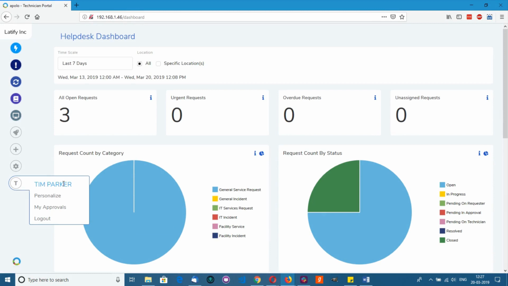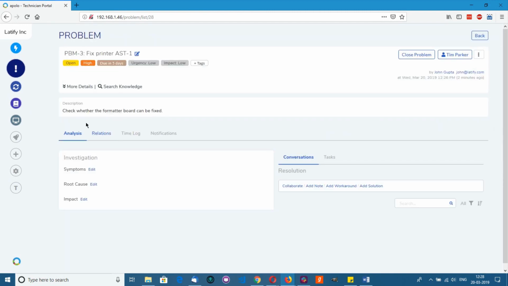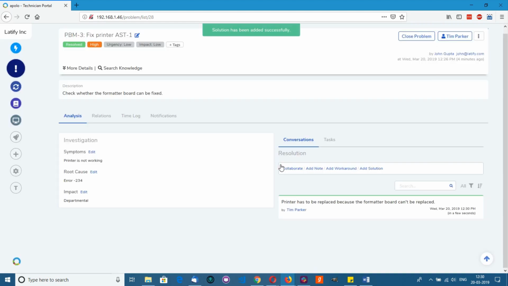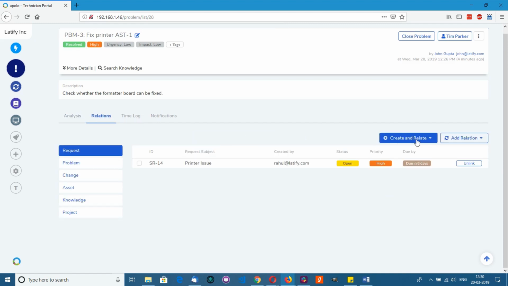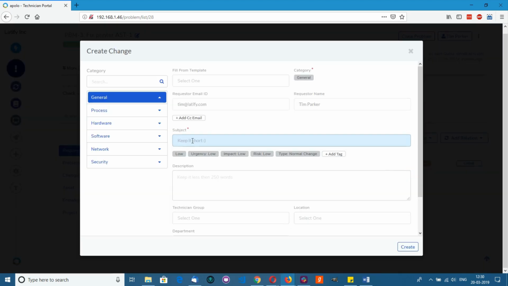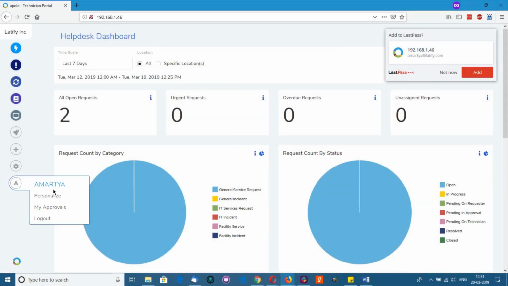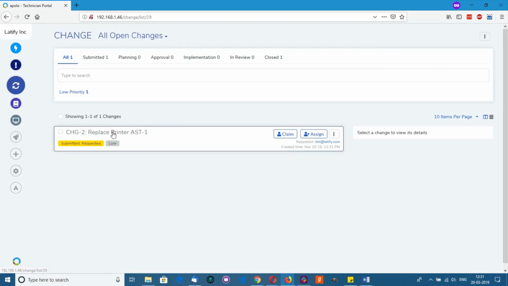Tim Parker inspects the asset and adds his comment that the printer has to be replaced because the formatter board can't be repaired. Tim Parker then creates a change request for a new printer and assigns it to Amartya. Amartya, a technician, accepts the change request and forms a change advisory board,